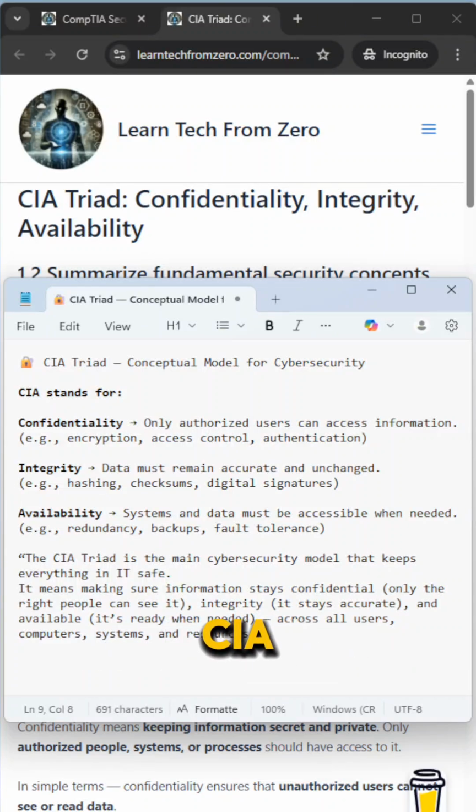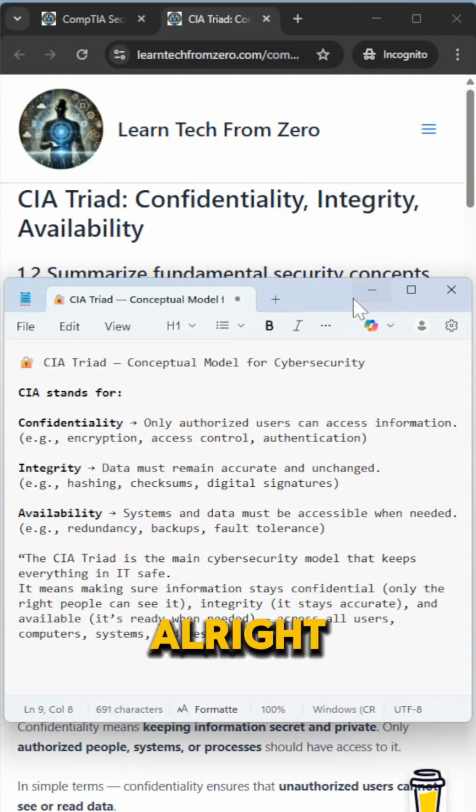So CIA is the core concept for cybersecurity. C stands for confidentiality: only the authorized people should be able to access the information. Integrity: data must not get changed, or it should remain accurate. If there is any change, we should be able to tell that this data is not legit, that there have been some changes. Availability is that we should be able to access data whenever we need, and there are ways to keep the data accessible. So these are the three models for cybersecurity which keep an enterprise safe and